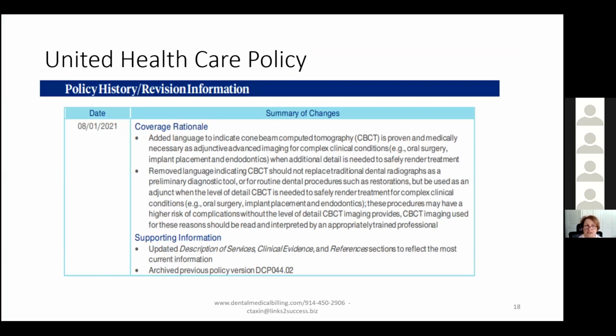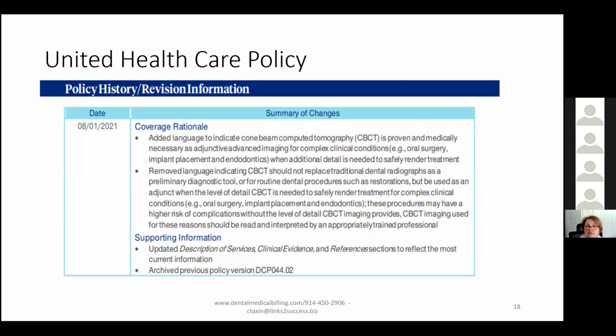I'm just giving you different insurances. And it said they added this rationale in 2021. And I actually worked with the doctor that did this, Dr. Tidell from University of North Carolina, and added language to indicate cone beam computed tomography, CBCT, is proven and medically necessary as an adjunctive advanced imaging for complex clinical conditions, oral surgery, implant placement, endodontics, when additional detail is needed